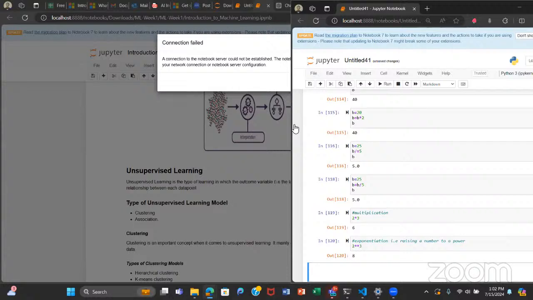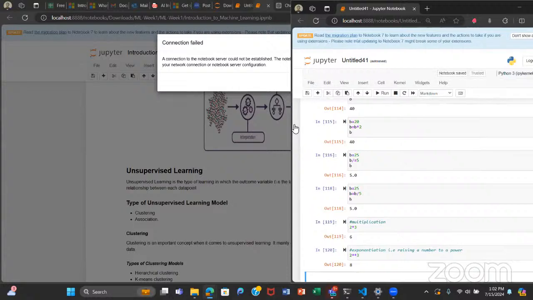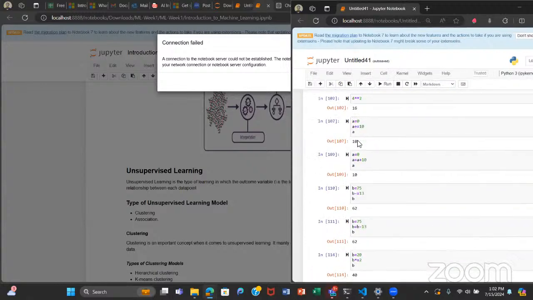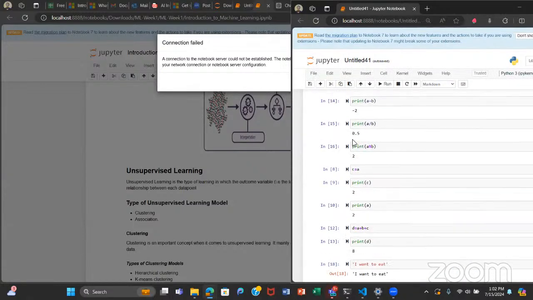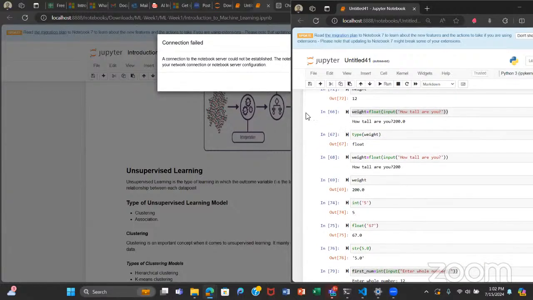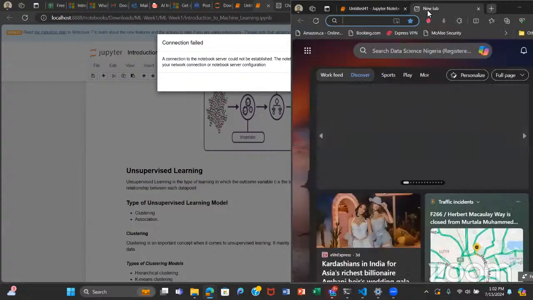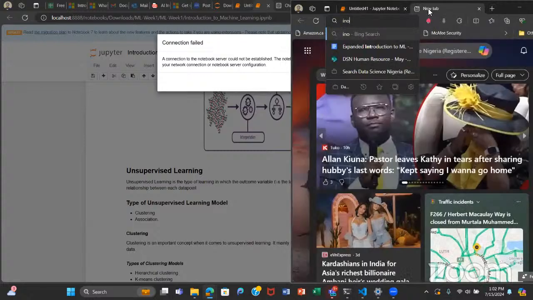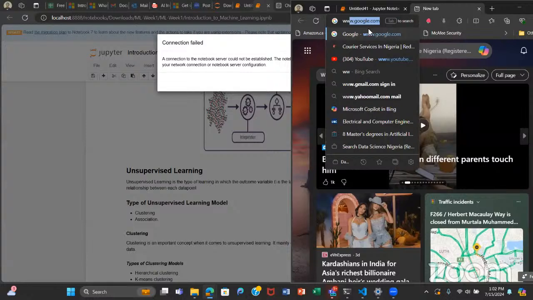Someone asks how do you know what code structure you want to achieve something? Well, I mean, learn the fundamentals. But then, I guess, Googling. If you know you want a particular tool or function, you could Google that function and read its documentation, and from there you can understand how to use it. So, for example, let's say you want to understand how to use the input function in Python.